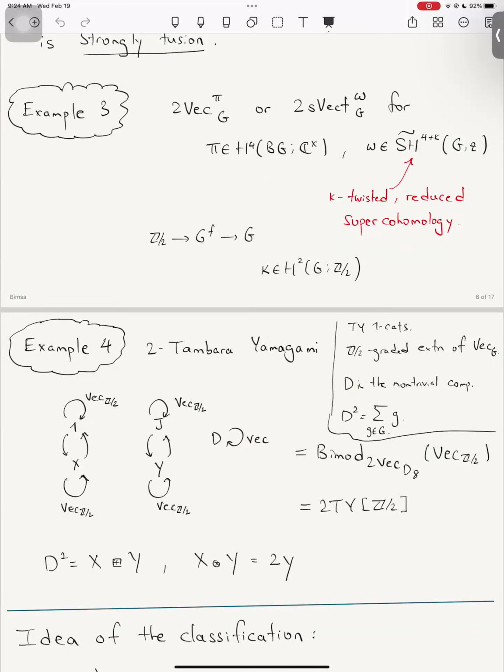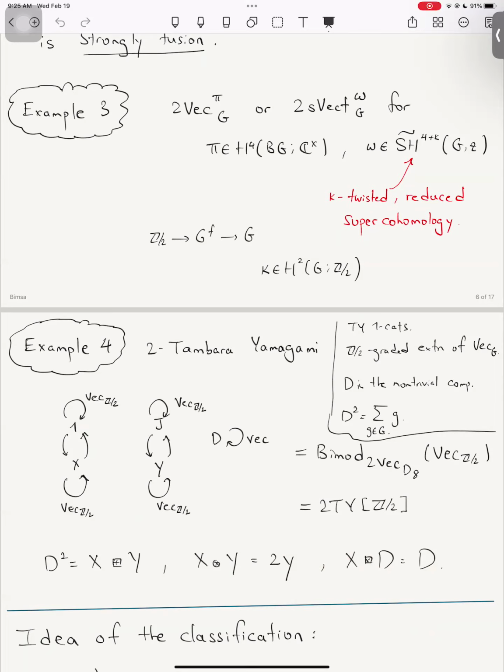So you can fuse this guy together, and you see that D squared gives you X and Y, and these guys are in the trivial component. I'm sorry, D squared gives you the sum of these things. And then of course, you can fuse objects inside the trivial graded part, and you get a fusion rule that looks like this. And then there's one more interesting thing, which is that if you take an object and fuse it with D, you should get D back. This is the absorbing property of this object, right? Because you have the 0 graded component and the 1 graded component, you have to get a 1 graded component